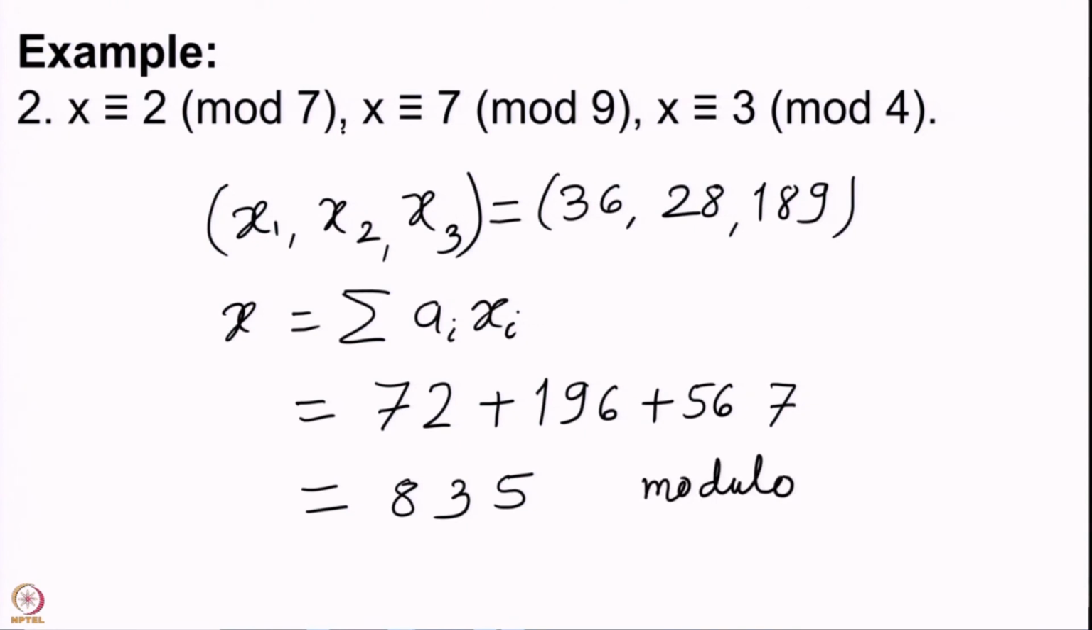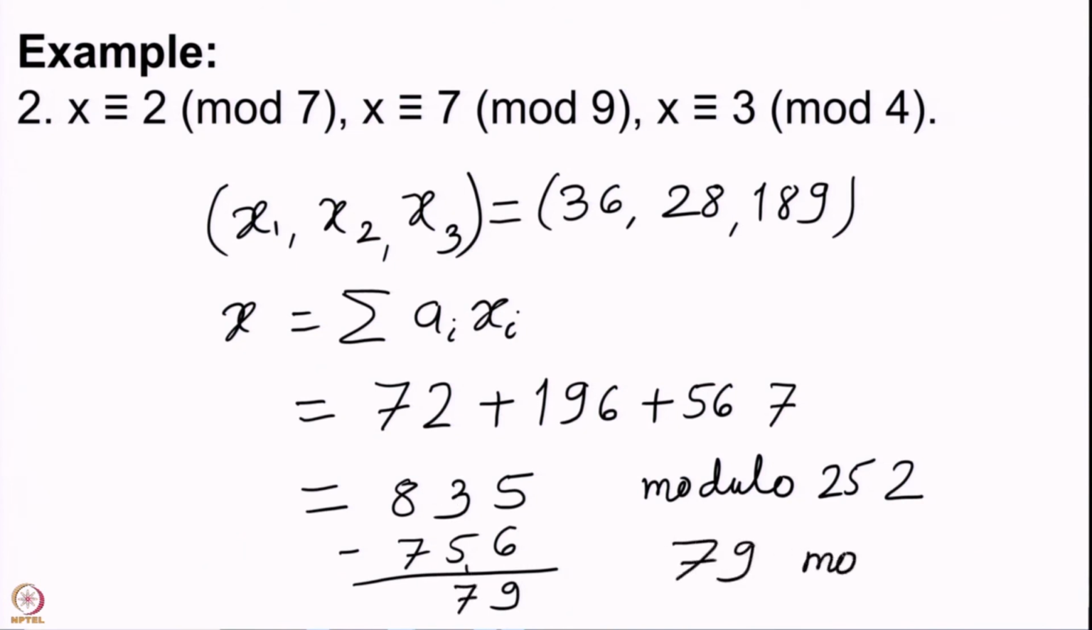the LCM, which is 9 into 7, 63 into 4. 63 into 4 is 252. So, we need to subtract multiples of 252 from this number. We multiply 252 by 3 to get 756. After subtracting this from this, we get 5 makes 15 minus 6 is 9. You have 1 here, 83 minus 76, this becomes 7. So, the answer is 79 mod